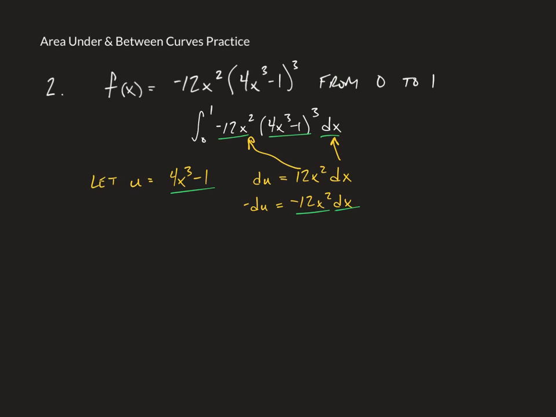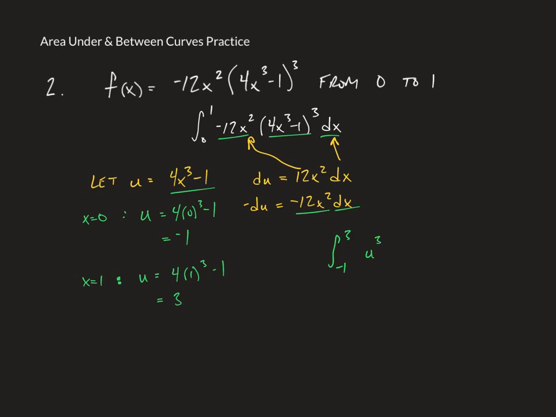So now I can rewrite this integral as long as I make sure to account for the fact that I'm letting x equal 0, which is going to affect u. So negative 1 now is my new lower bound, and then if x equals 1, then u is going to equal 4 times 1 cubed minus 1, which is going to be 3. Alright, so I've got a new integral that I'm solving here. The integral from negative 1 to 3 of